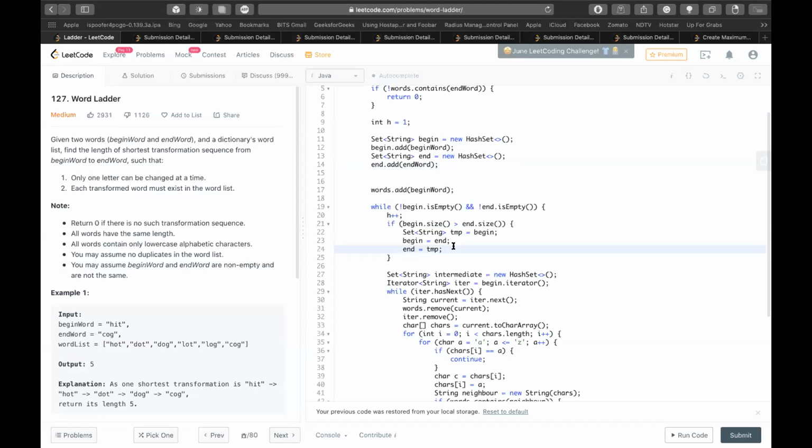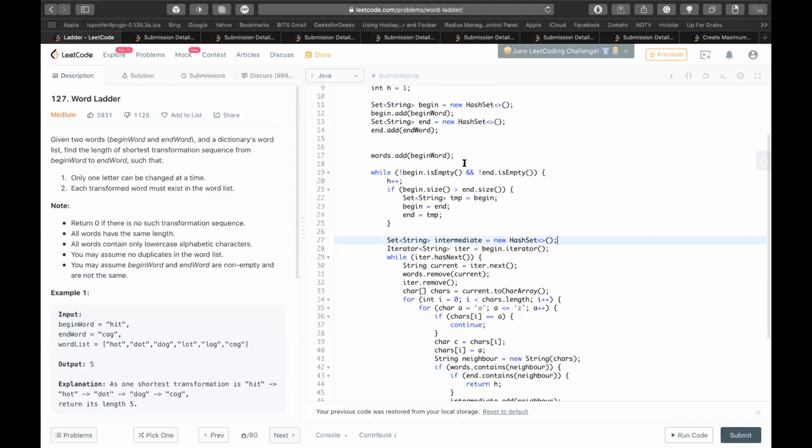How do you distinguish those in a set? I'm having an intermediate set that constructs the next level. Okay, got it.